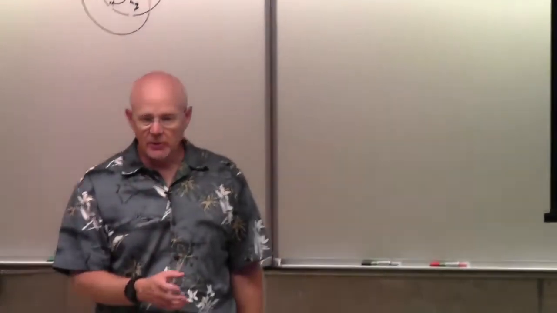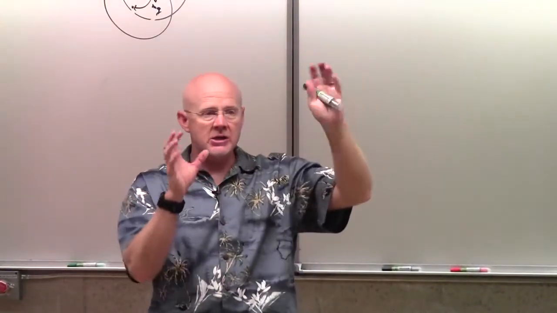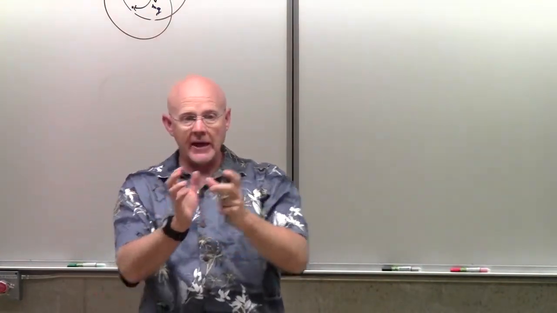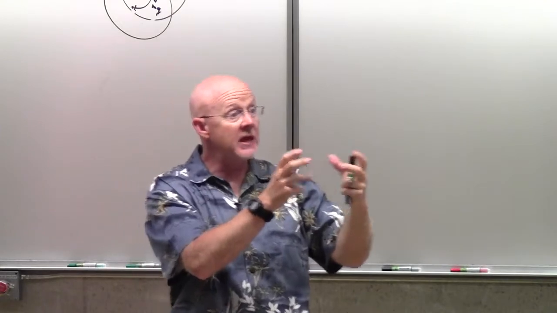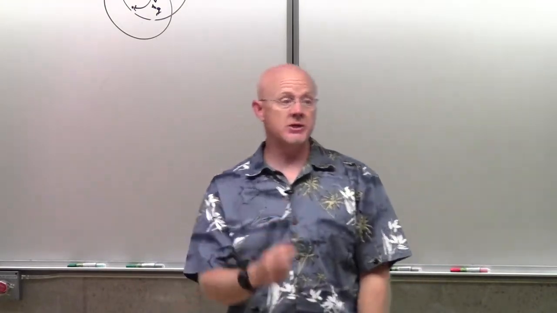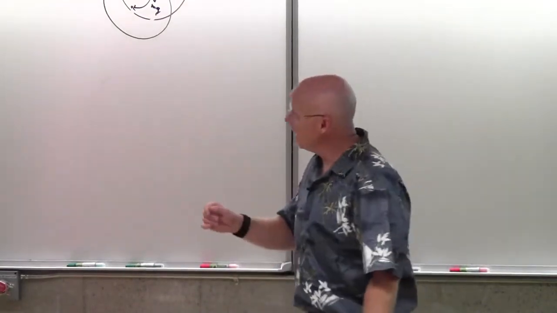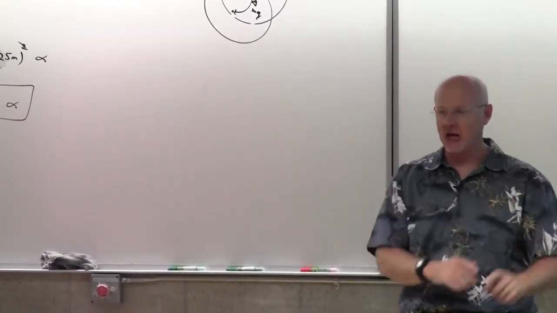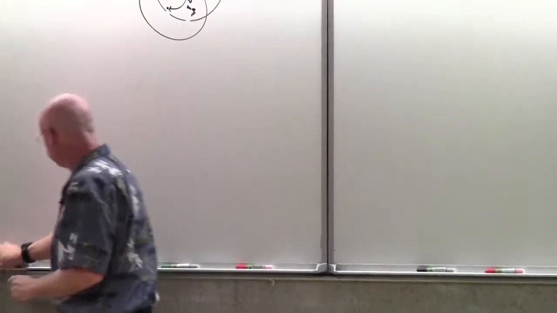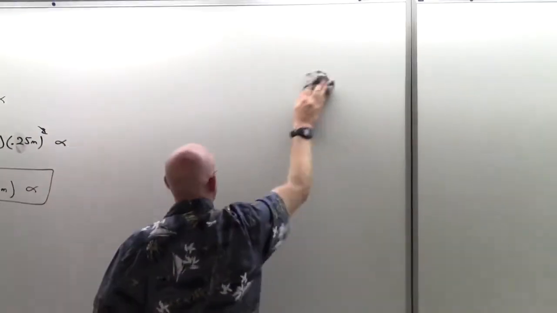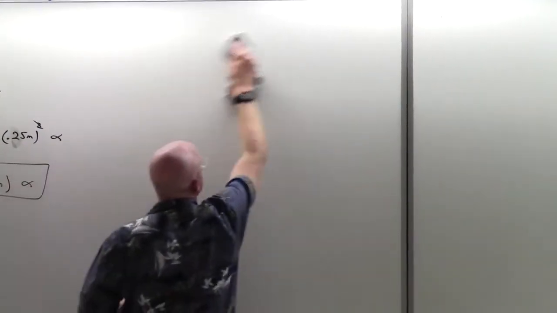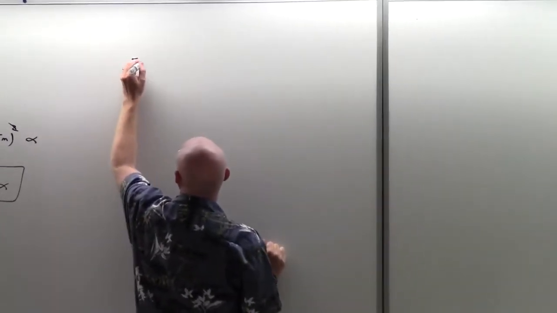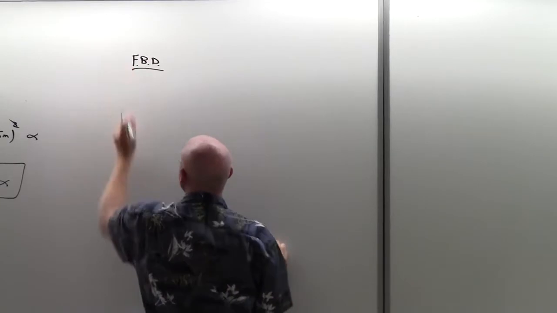Yeah, and just like we did with those translational ones, right? We could not solve it by just doing a free body diagram for one of the objects. We had to also do a free body diagram for the other object. So let's do that. And that should be the easy one, because the other one just goes in a straight line. It's not our new stuff, it's our old stuff. And so let me clear this part off and say, all right, let's write a free body diagram for the